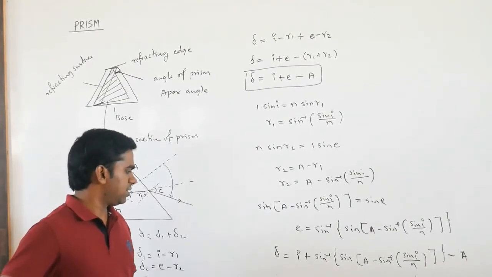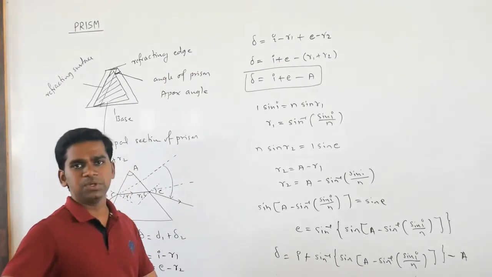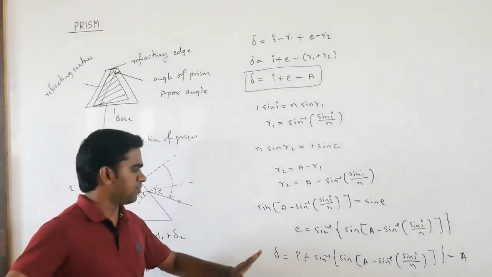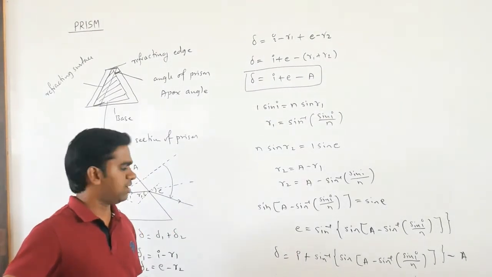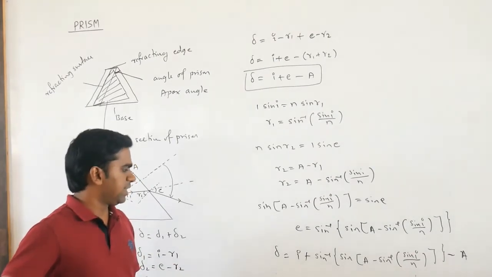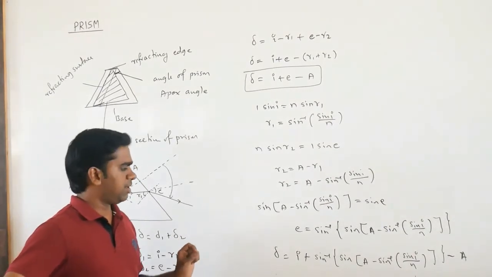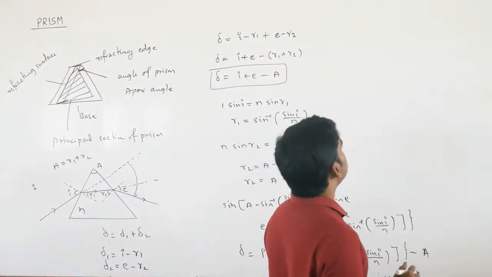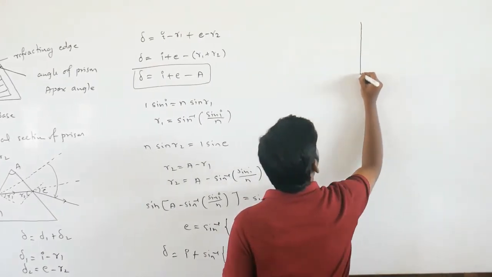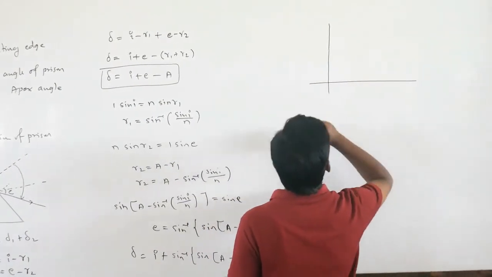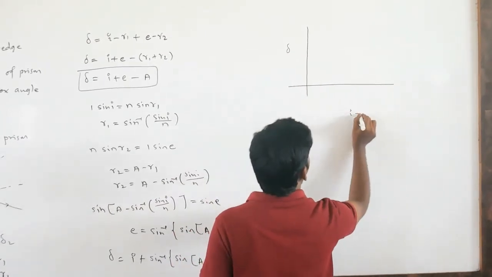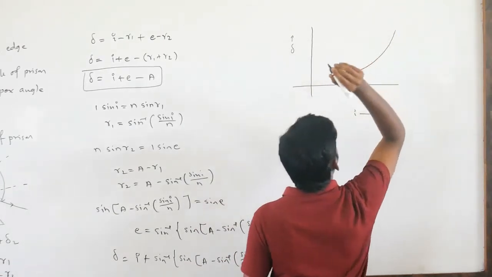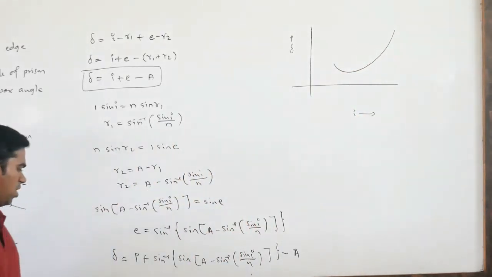So how can you say here whether delta is directly proportional to I or inversely, we don't know. The only way to know how delta depends on I from the equation is not possible, it is a very complicated equation. So drawing a theoretical graph is not possible. When you draw the graph practically, you can see something. But to our surprise, when we drew the graph practically, it was not according to our expectation. The graph of delta versus I was somehow like this. Okay, so this is entirely different from what we expected.